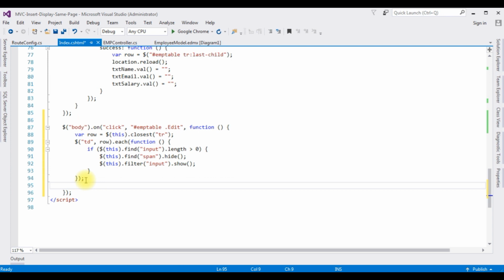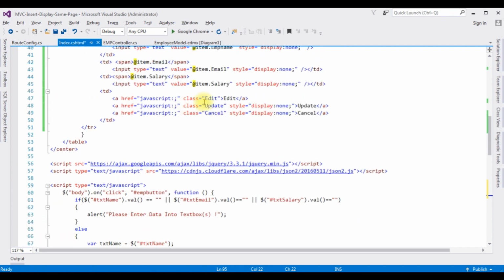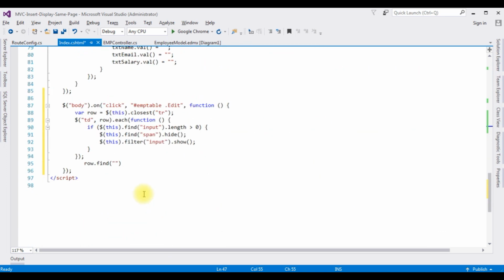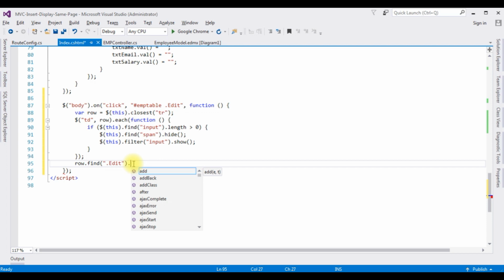So here, after this closing bracket, row.find the first one. I want to make the edit link button hidden, so I'm adding the class of the edit link button here. I'm adding the dot because edit is a class, .hide,